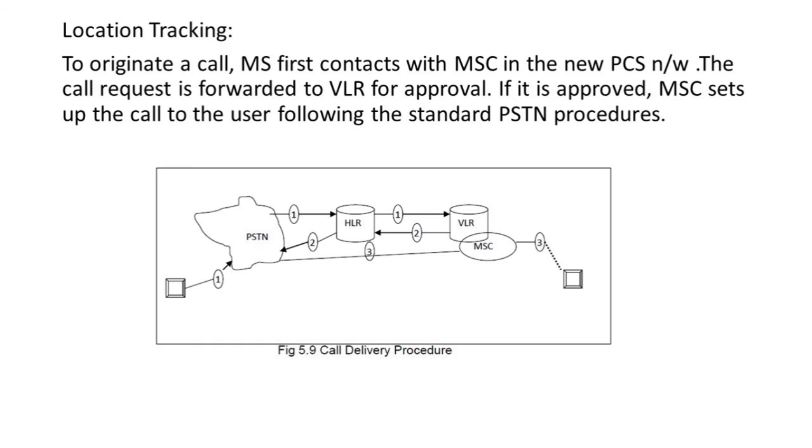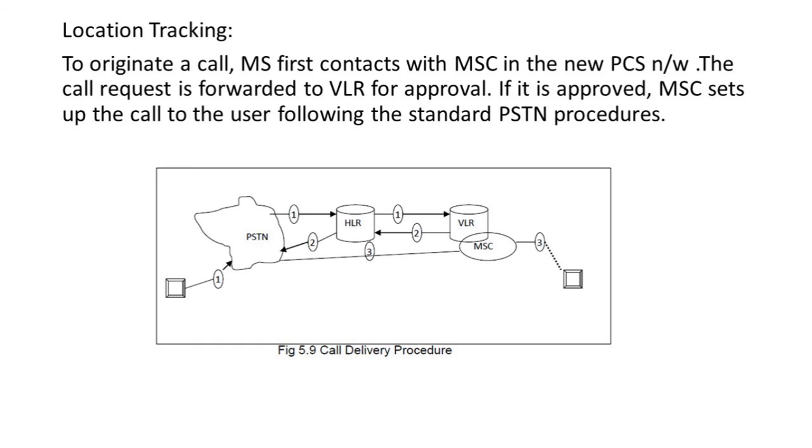Next, the VLR returns the address to the switch through the HLR. Meaning the VLR will tell, yes, this is the person who is here in my location. So that information will go to whom? The HLR. Based on the address, a communication link is established to the MS through the visited MSC. It means now your movement has been acknowledged. This has been shown in the diagram.